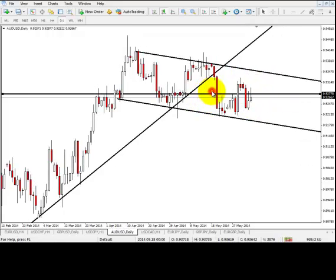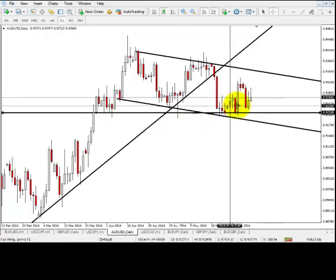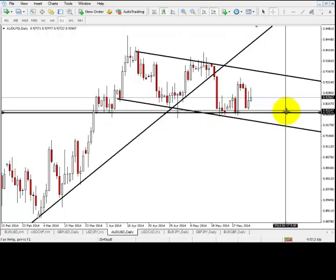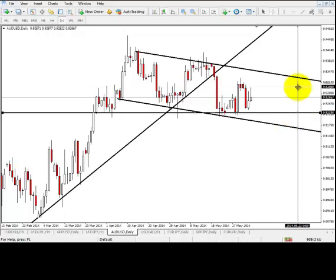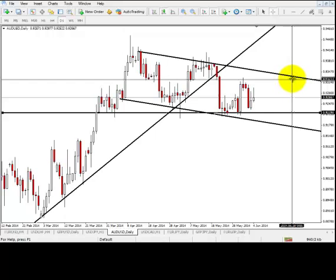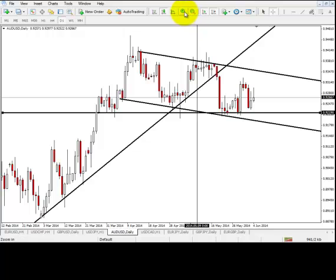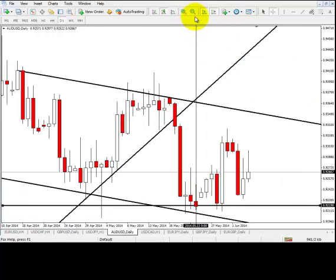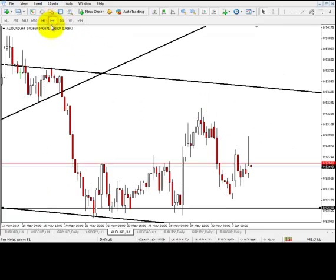So we sat right around here, and we're sitting. I want to see if it bounces off this area to trade back up and breach this price at the top to continue going upwards. From a 4-hour standpoint,